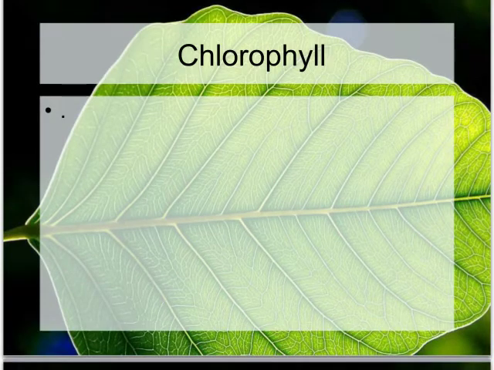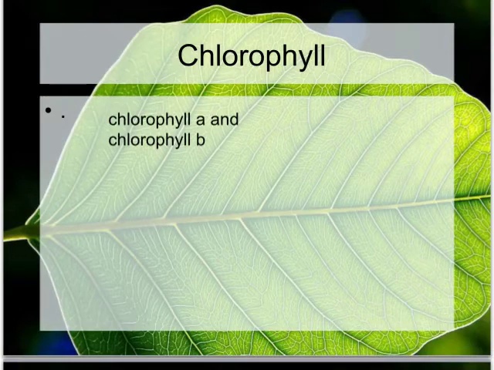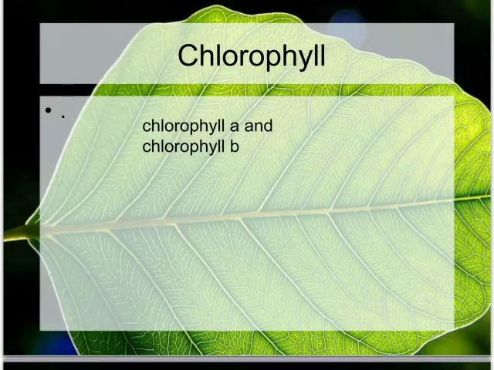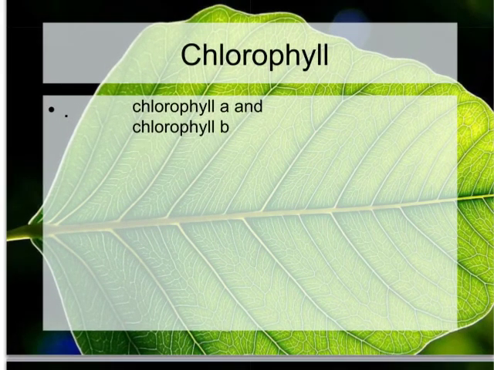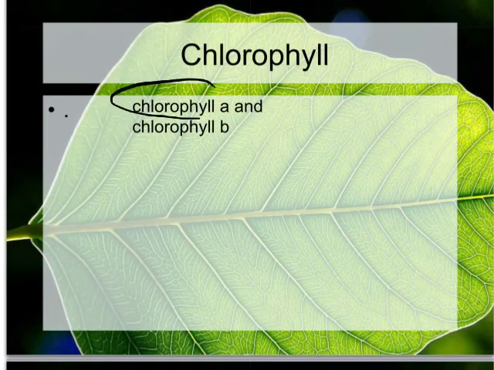What is chlorophyll? So if it's so important, we better know a little bit about it. There are several types of chlorophyll, but the ones that are going to be most important, I'm going to type here for you. So you've got chlorophyll A and chlorophyll B. Of these, the most important one is chlorophyll A. Okay, that's the most important one. Not that chlorophyll B is not, but this is the number one